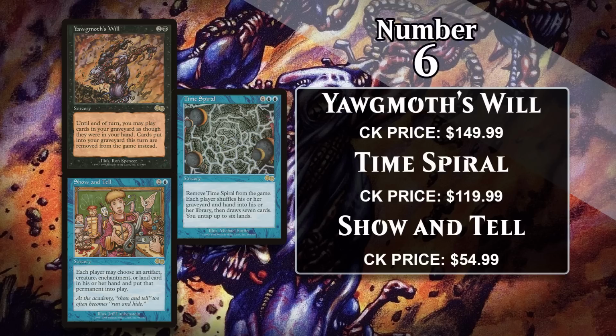Yawgmoth's Will costs 3 mana and lets you cast cards and play lands from your graveyard for the remainder of your turn. This can really enable combo decks to go wild, especially if they are casting ritual effects that net them mana. It isn't unusual for someone to cast their entire graveyard after casting Yawgmoth's Will, and obviously that delivers